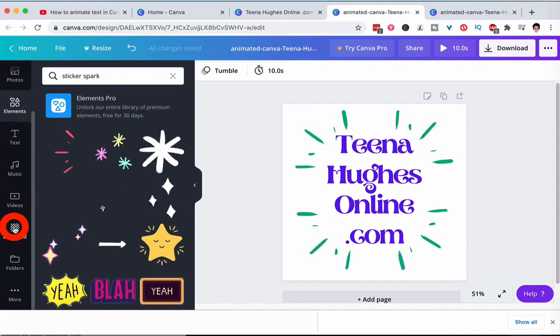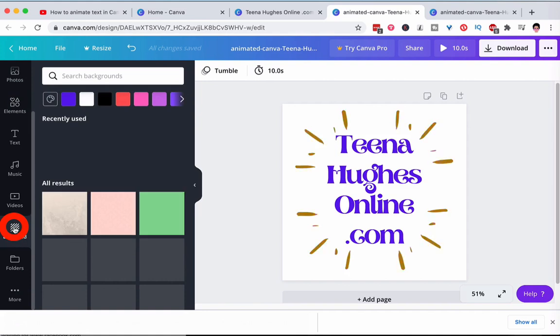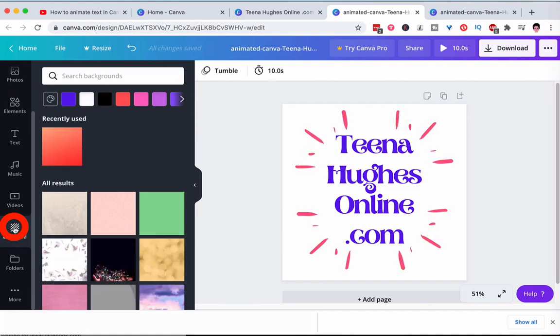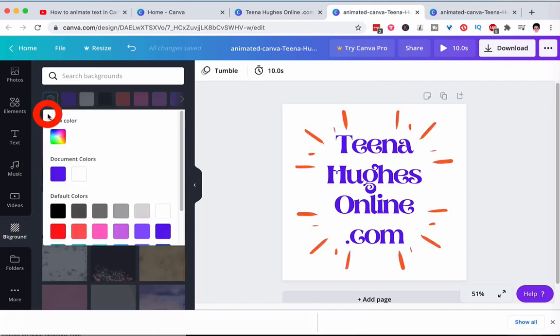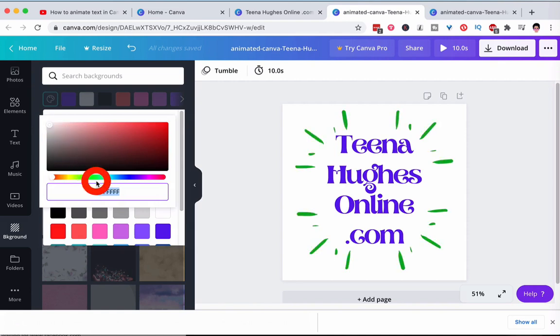If you're going to use this on a white background, that's fantastic. Download it as it is. If you want to drag this into a video or use it anywhere else and there might be other coloured backgrounds, you need to make the background of this particular image lime green. So come over here to the left, click on background, select the colour palette, and then I like to select the options and go for the brightest green. And then I click up here in the corner to grab that.